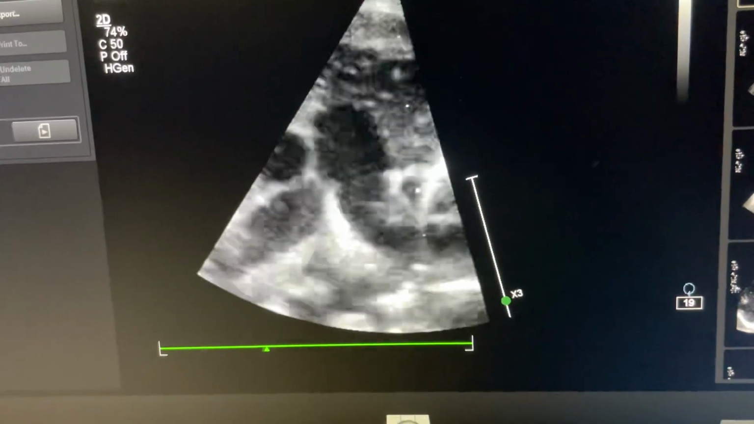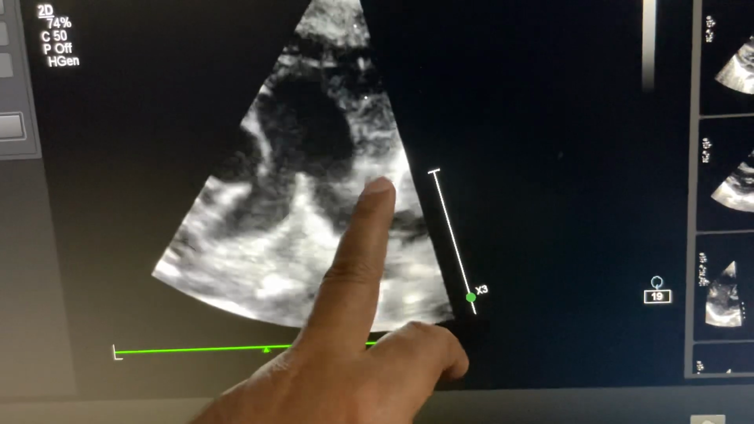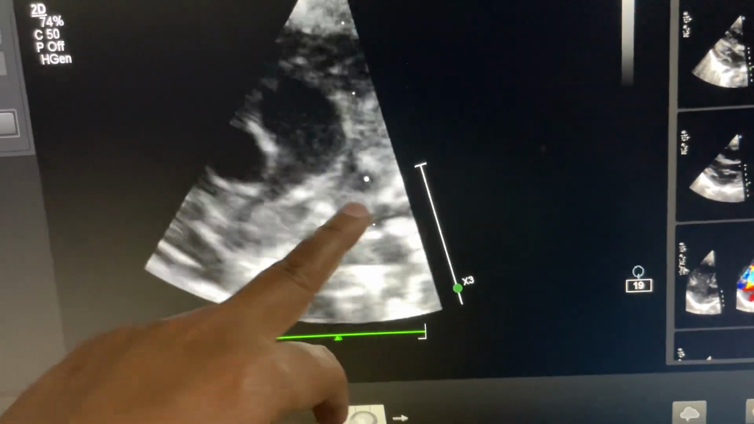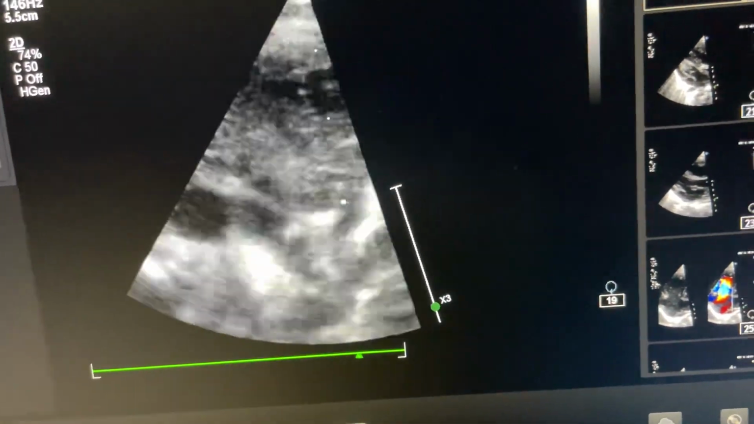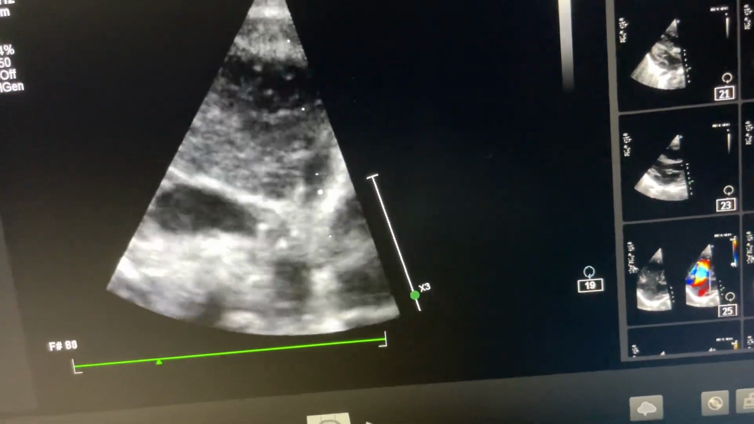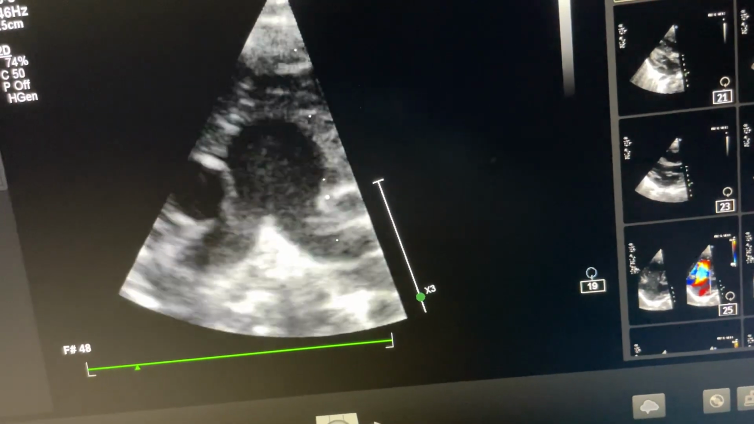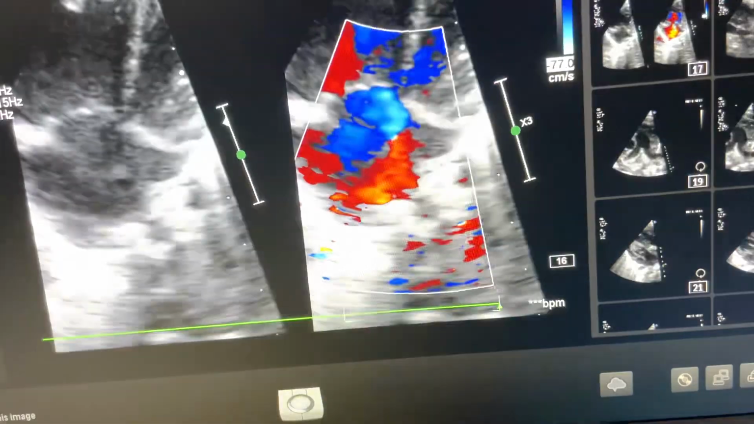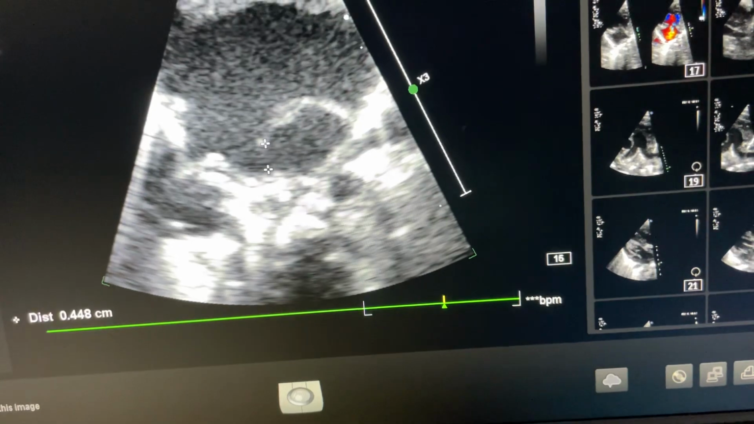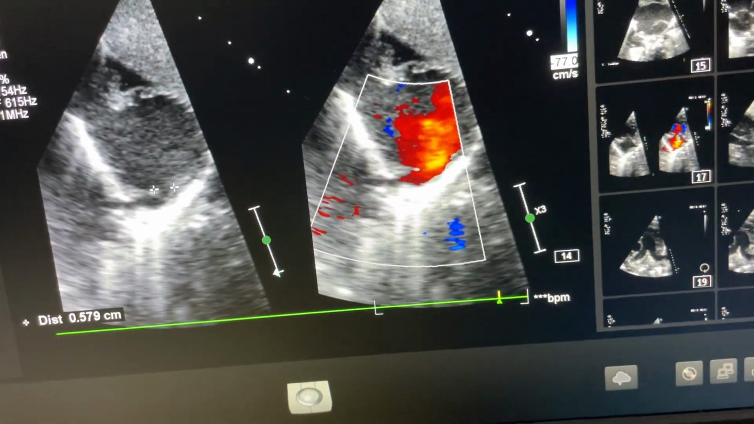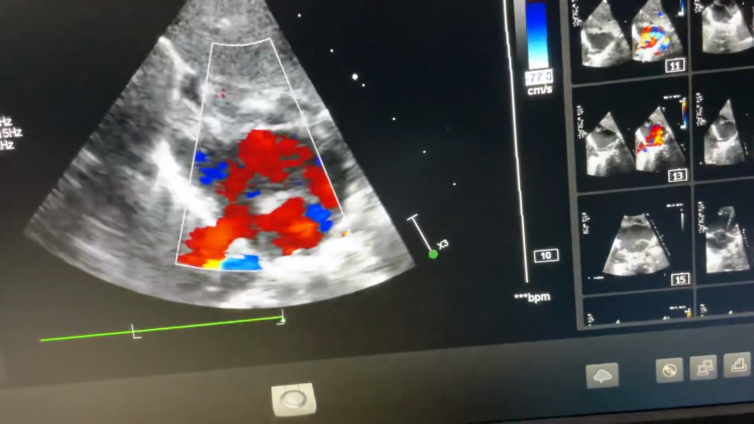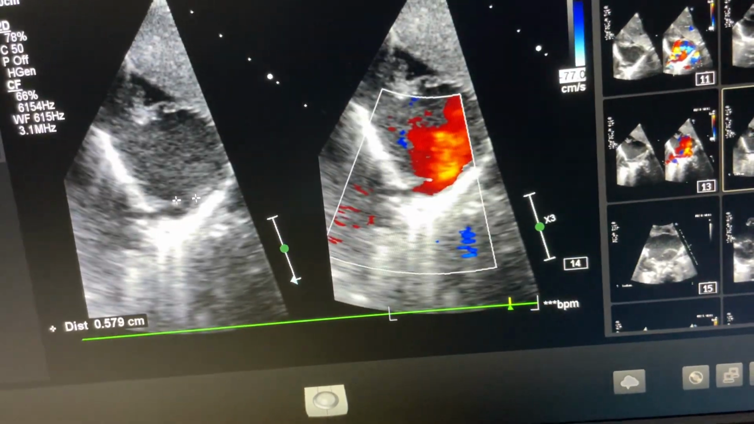Again, you can see this structure here. This is main pulmonary artery, right and left pulmonary artery, and a structure is coming here. This is the size of ASD. So ultimately the thing that you have to know,